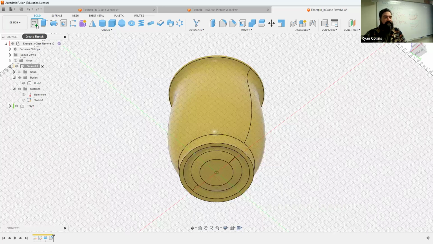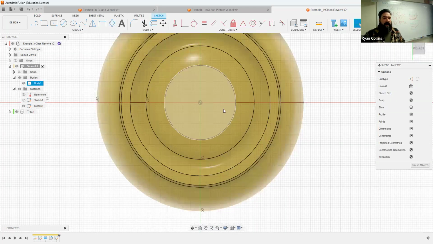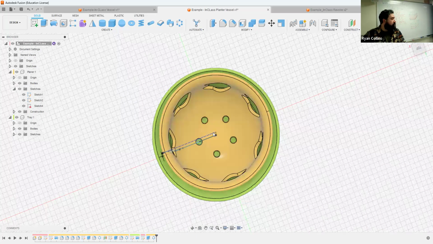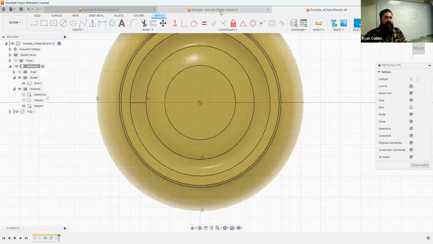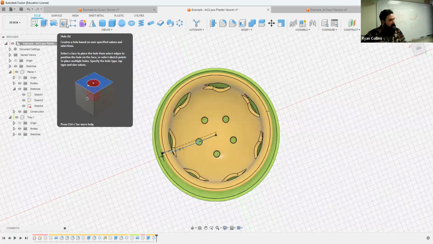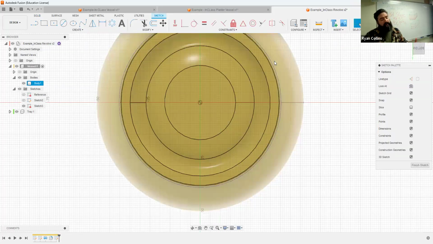Start a new sketch. You can start directly on the base if you want, or just using the actual plane. They're the same thing in this case. There we are. Now, I want to make holes, in this case again, in a pattern around. You can make circle holes, that sort. I do not recommend using the hole tool. That is technically what it's for, but I want more precision than that. So I'm going to use a sketch and extrude and then repeat that